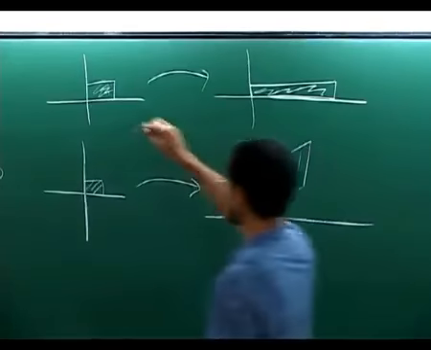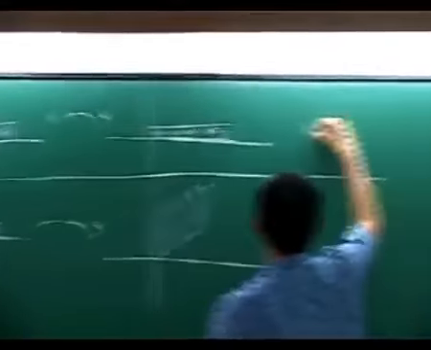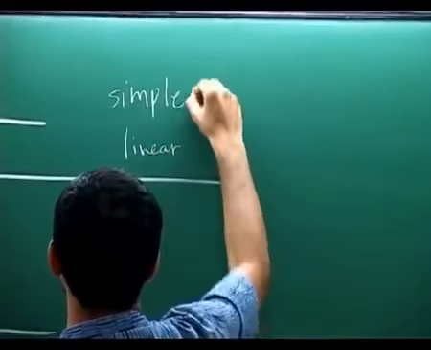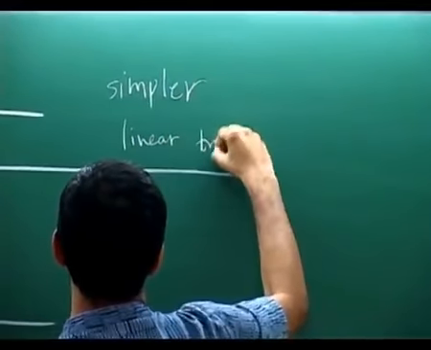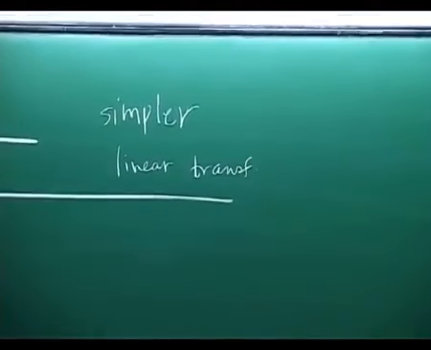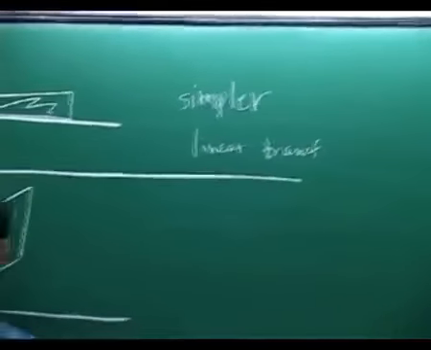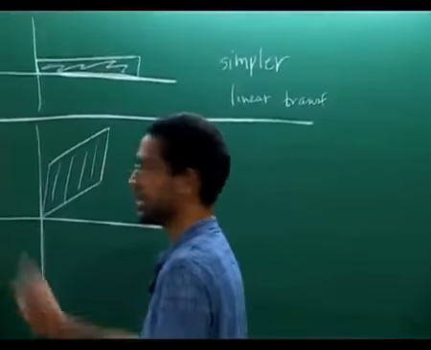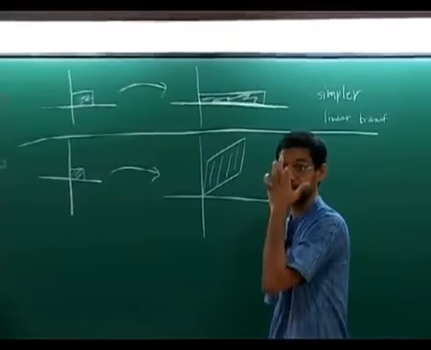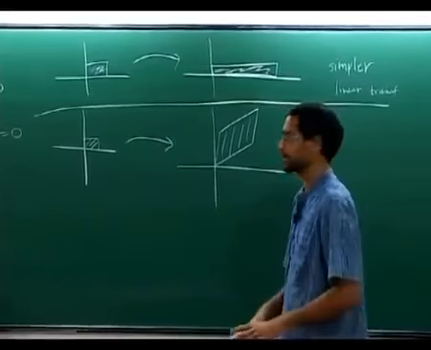Okay. So these are, let's say, the simple linear transformations. They are the simpler linear transformations. In some sense, they are simpler to understand because the two axes, the x-axis and y-axis, are just getting mapped to themselves, but with some scale factor. These are the more complicated ones because they are doing all kinds of things to that square, right? Taking it to some funny parallelogram and also with some scale factor.